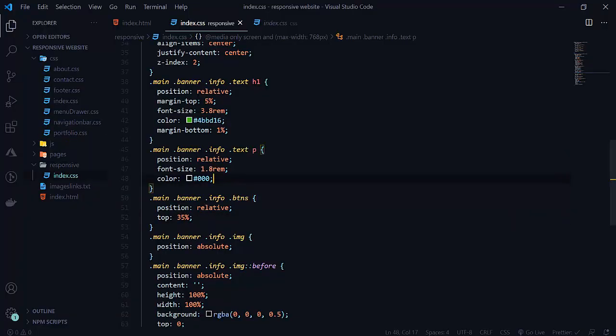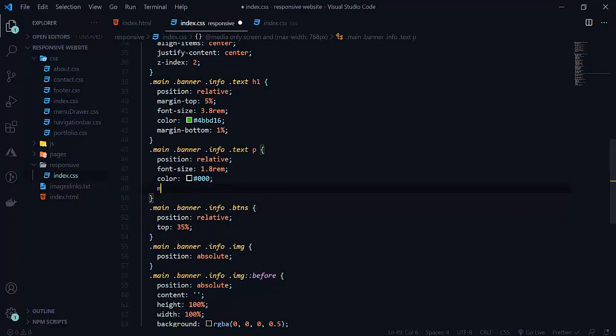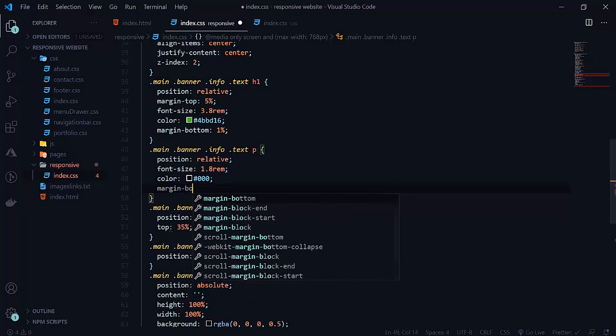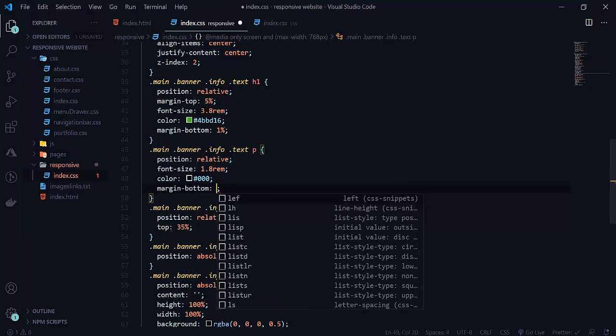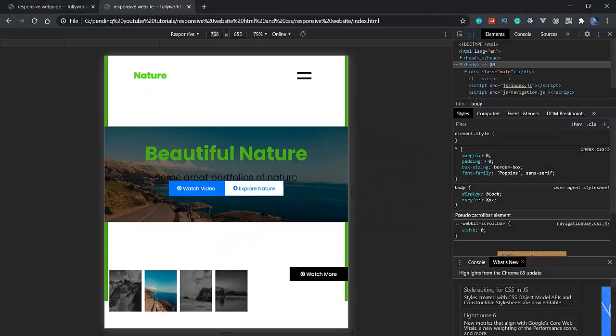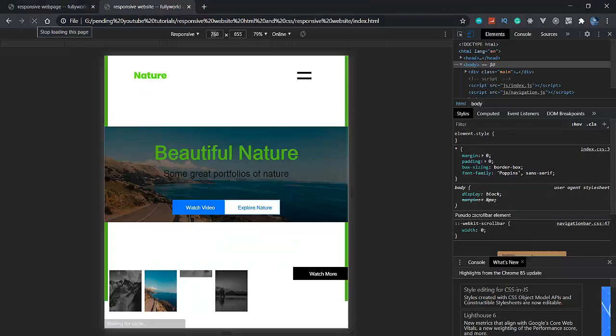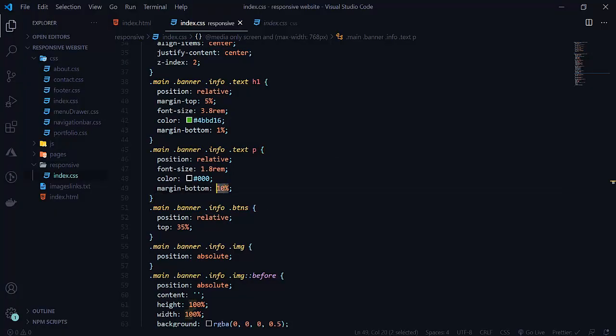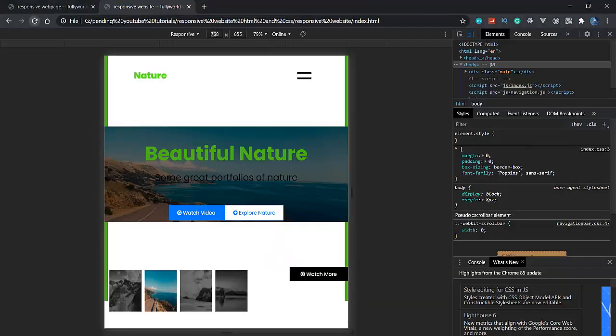For the buttons it is not working here. So let's write margin bottom. So margin bottom is equal to 10% here. So let's reload this. See that margin bottom 10% is very big because our width is a little low here. See that now it is looking good here.